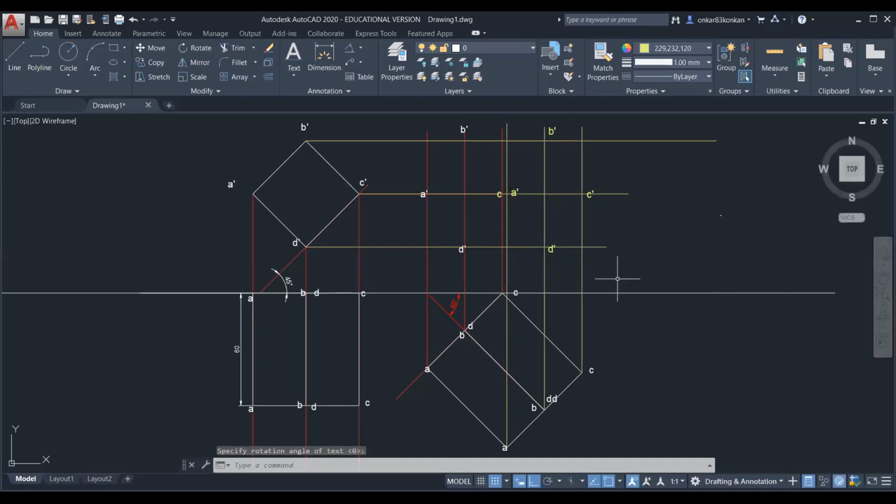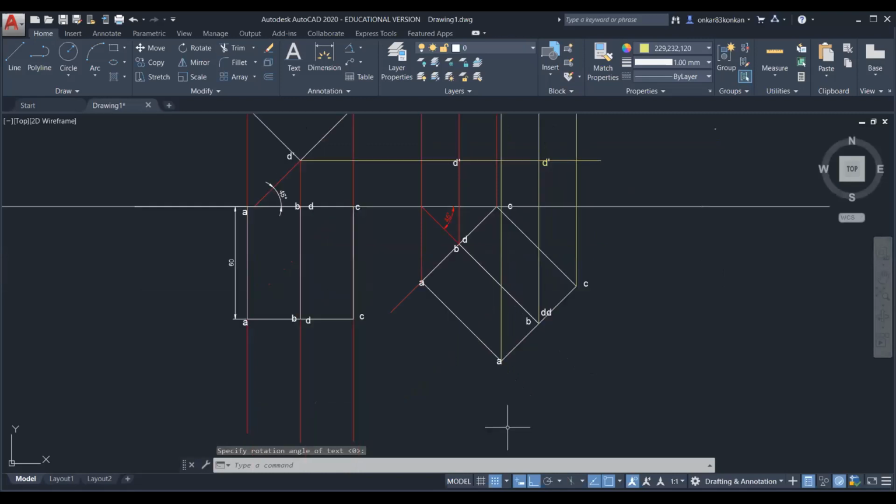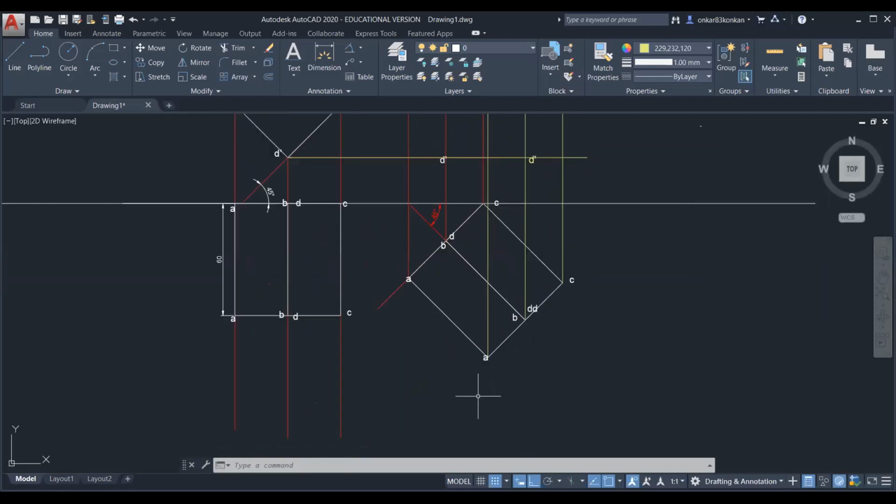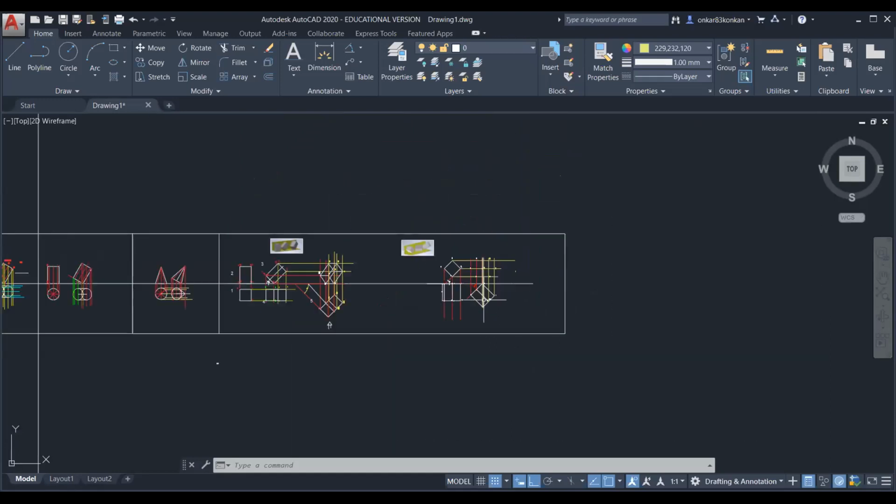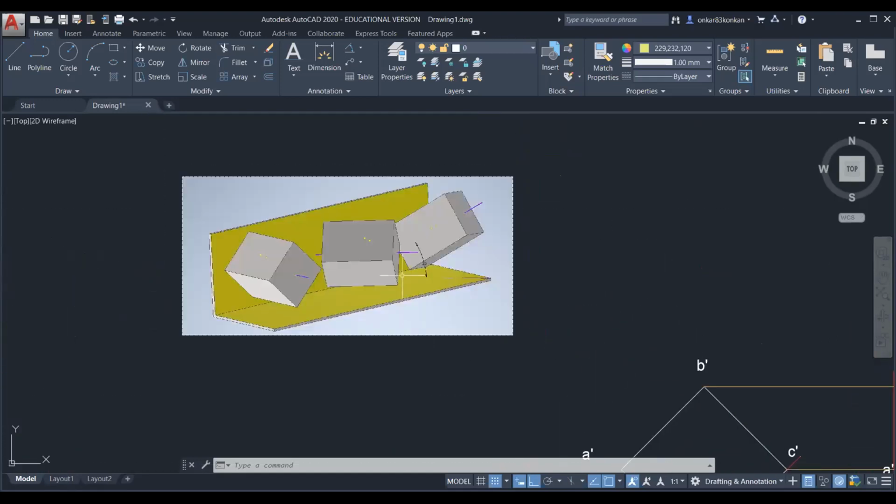Okay. Now next part is we have to observe from this direction. Now imagine you are standing here and you are looking at the object, that is a prism, from this direction. So from this direction, the edges which are nearer to the observer are AA, then BB and DD, and all the edges on the top end. Okay, so this complete top base or top end is visible to the observer, and the hidden part is its bottom end. So you can observe this complete top base is visible and bottom base is hidden.